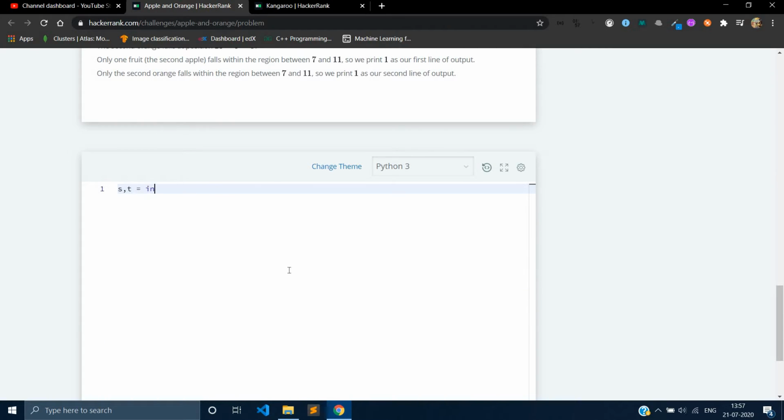So s and t. At first, you need to take input from the user, split it on the basis of white spaces and convert it into integers, s and t. After s and t, a and b are the initial positions. So take input, split it on the basis of white space and convert it into integer a and integer b. Then m and n is equal to input, and we don't need to